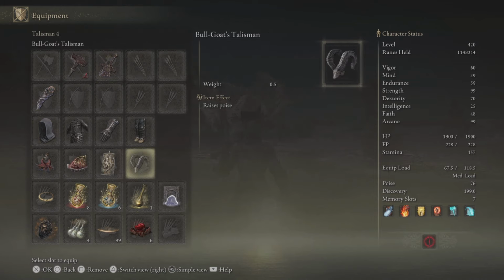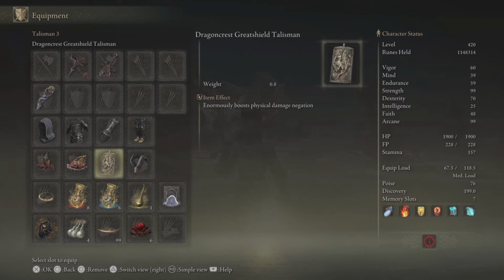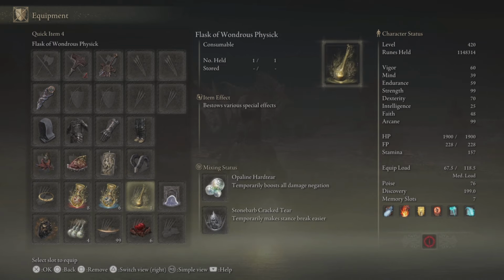All right, talismans are here. You guys can use these exactly as you see, or you can swap them depending on your playstyle and what you feel you may need more of. But this is how I have it here. We got those, and our flask is right here. Temporarily boosts all damage negation,